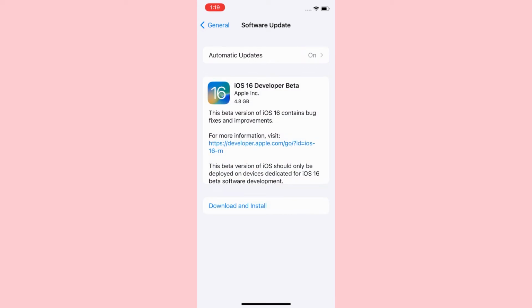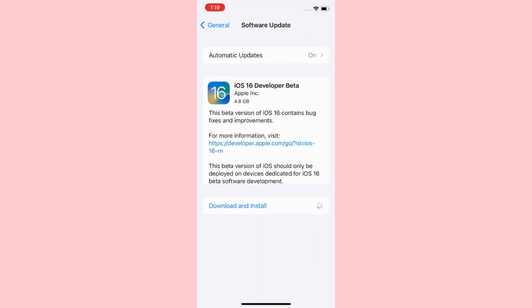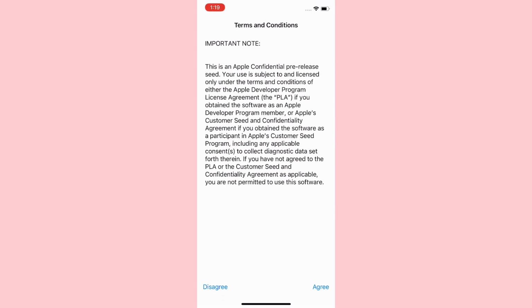So guys, as you can see, beta version of iOS 16 is appearing in my iPhone at the moment and I can install it now. After clicking on the download and install, enter your passcode. Click